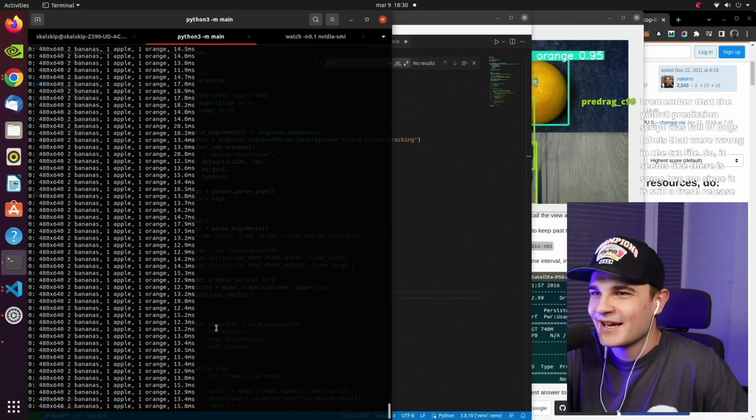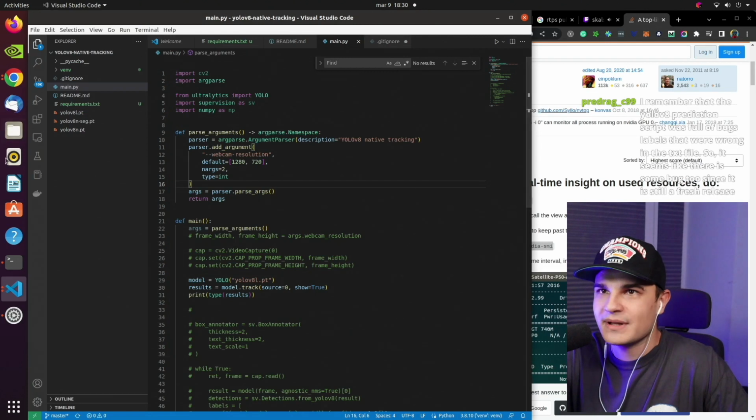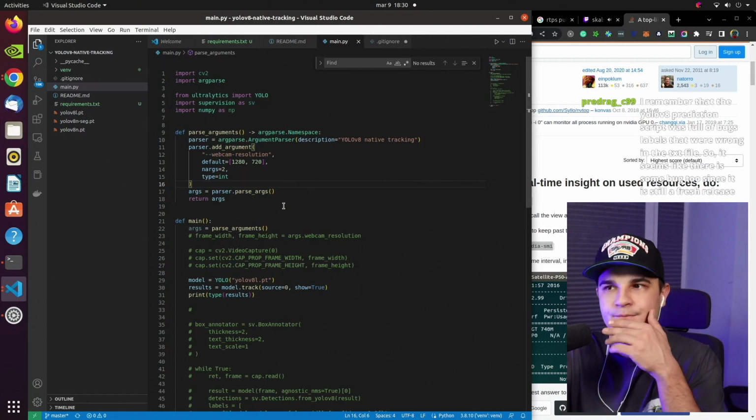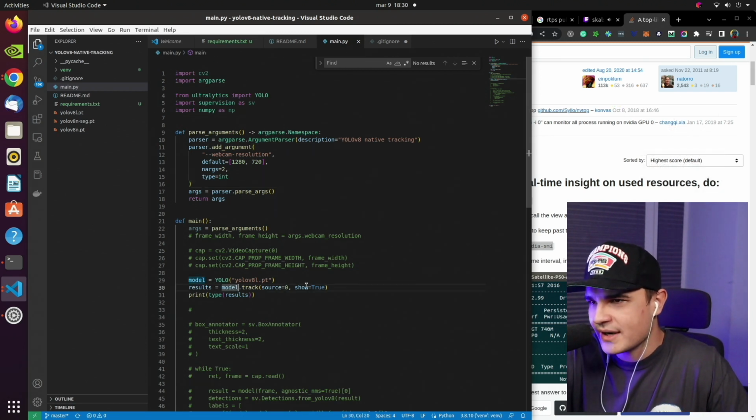Regardless, in that case, we are going back to square one, and let's try to play with detection model. So the problem that I see right now is that when I use model track,